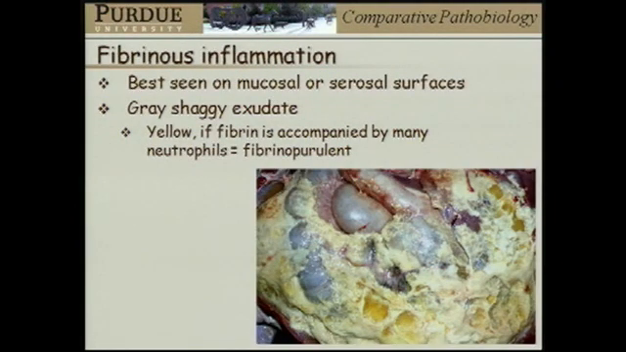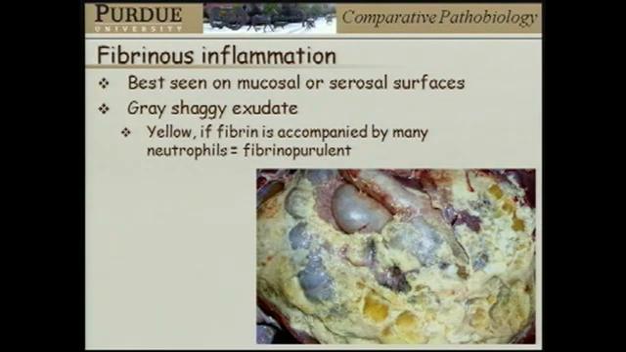Fibrinous inflammation is a very common thing to find at necropsy. It's easiest to see on surfaces, mucosal or serosal surfaces, and it appears, if it's uncomplicated, if it's just fibrin or mainly fibrin, it appears as a gray or tan, shaggy exudate. It's very commonly accompanied by other blood components, and if there are many neutrophils in the exudate, in addition to the fibrin, the exudate will take on a yellow color, as shown here,